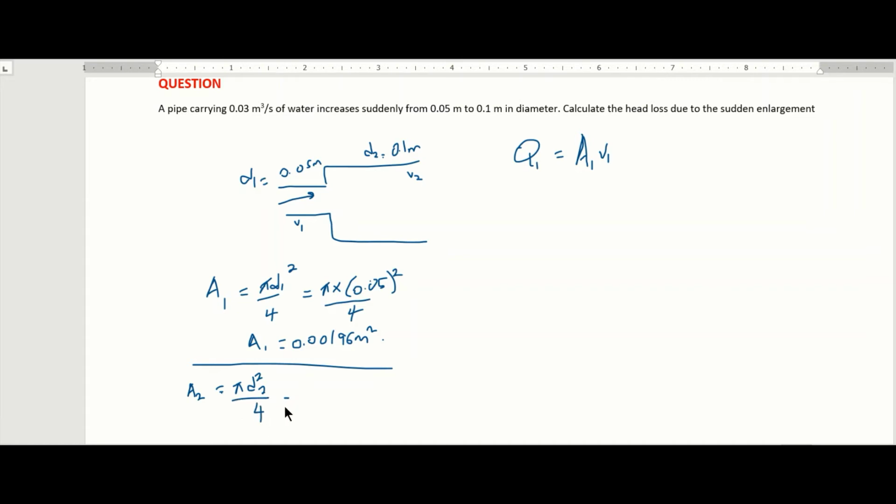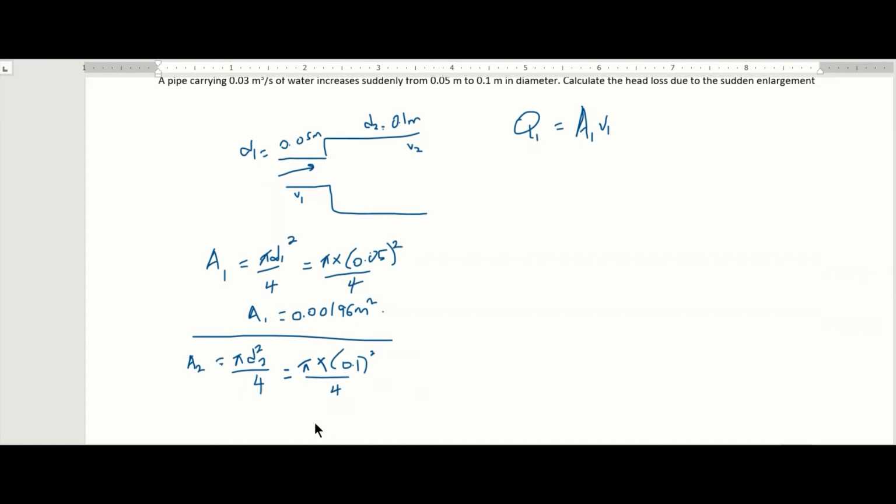So that gives us pi times my D2 is 0.1, 0.1 all squared divided by 4. When you put that in your calculator, your area at the larger pipe section should be